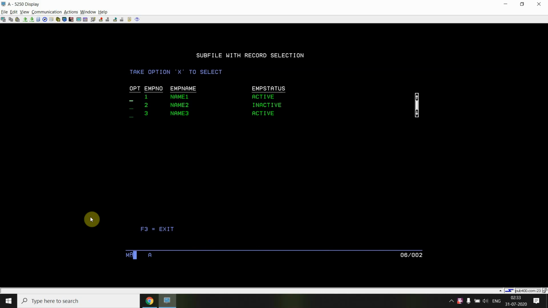So the SFLEND keyword basically, by default, supports this on the web. So if your subfile is on the web, then whatever you are seeing is the scroll bar, and that will be the default for the web. Okay, but the scroll bar which is on the web is different from this. Okay, now how is it different? Because